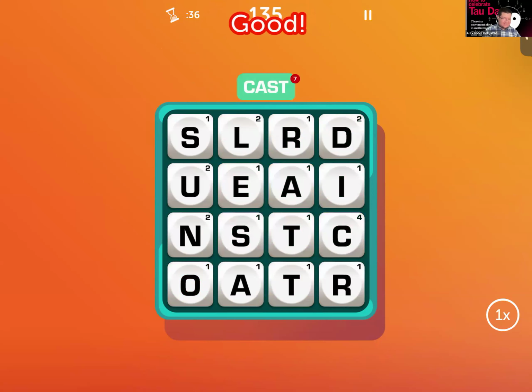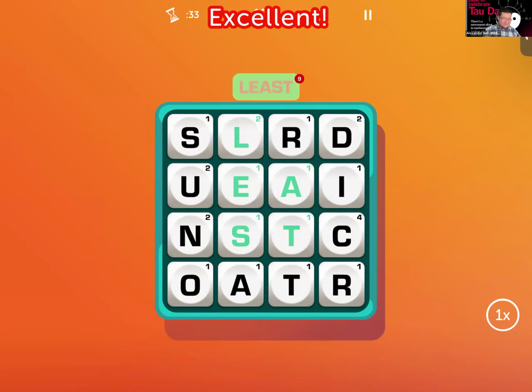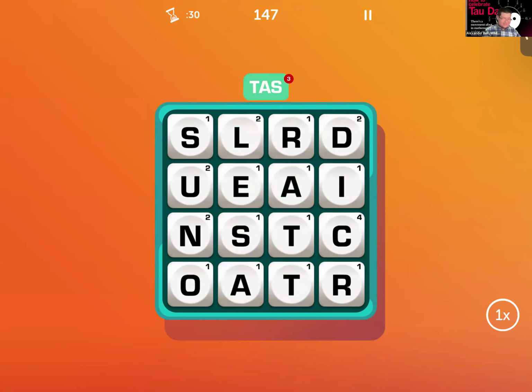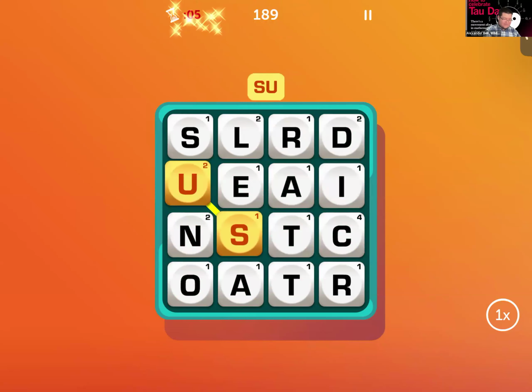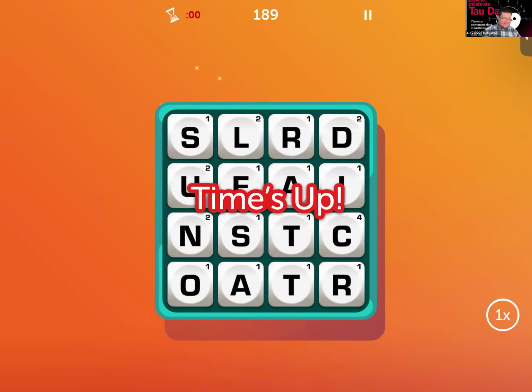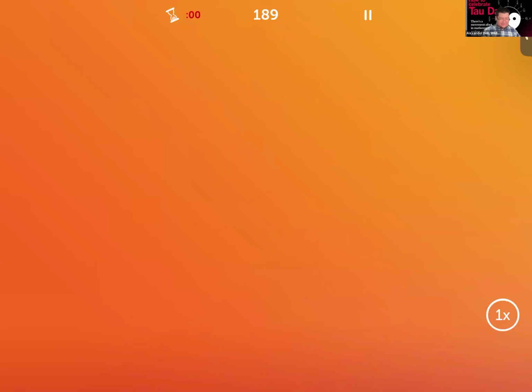Let's see. Cast. Least is a word. Excellent. Task. No. Tan. No. And, no, do, and yep, no, on. Yep, on, yep, and. What about top? Top. Yeah, already did. Let's see. Dict. Wow, I wish we could do dictate. Well, that was a word. Date, dates. Excellent. Sun, already did that. Soon, is that a word? Nope. Sat, are, times, up. No.